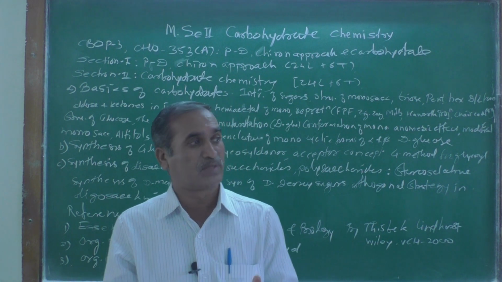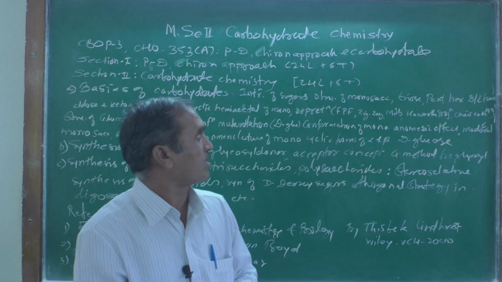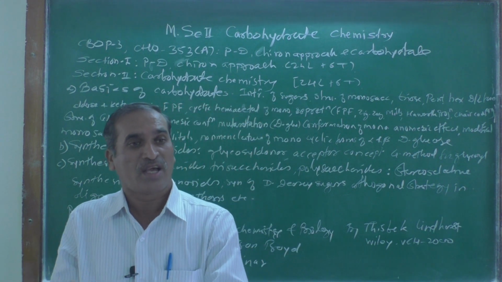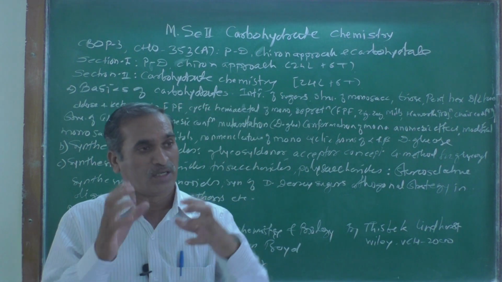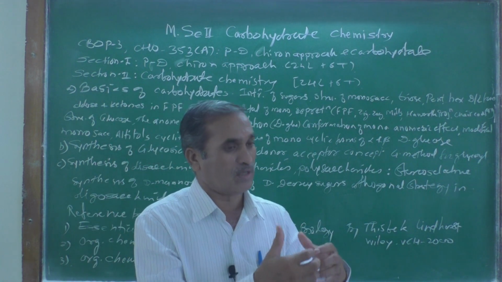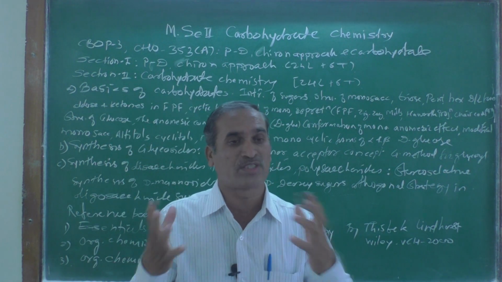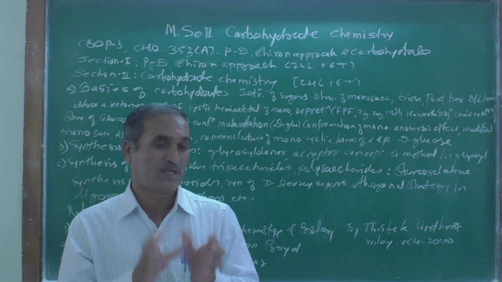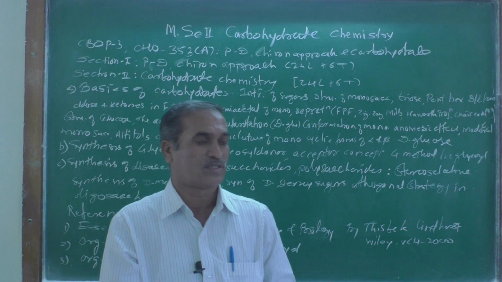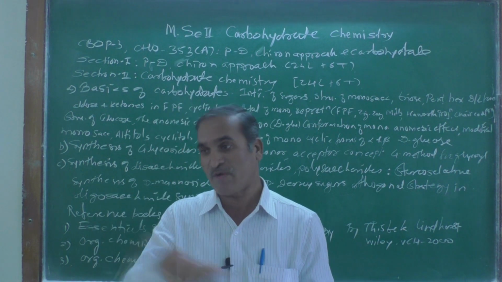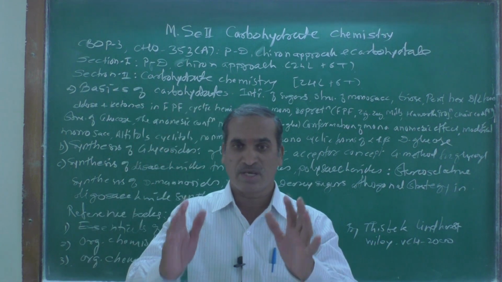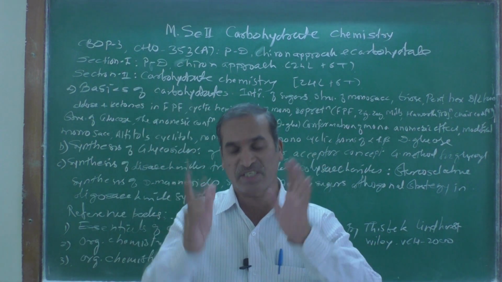So that type of thing, what we can call sugars, on hydrolysis we get different types of separate monomer units. Starting with the very simplest structure, what we can call a reference compound in carbohydrate chemistry, is known as glyceraldehyde.